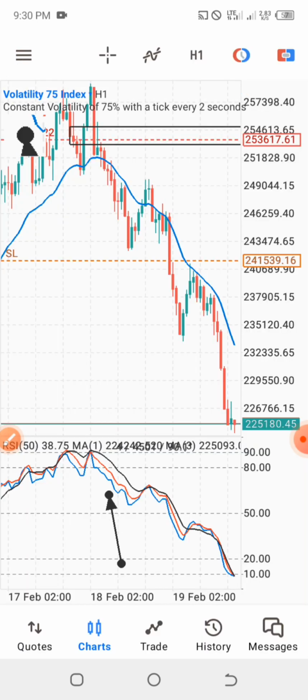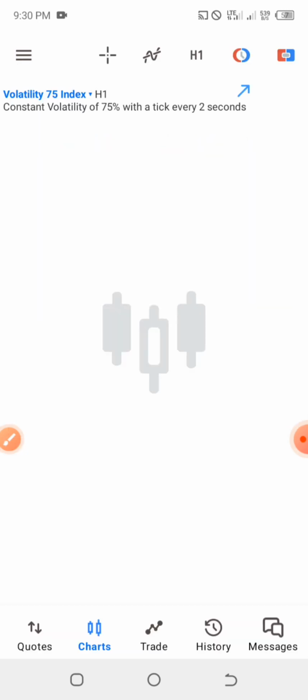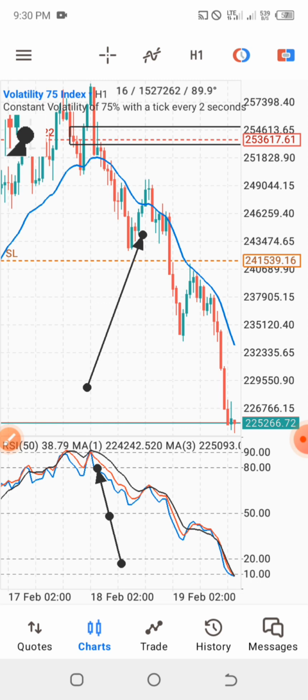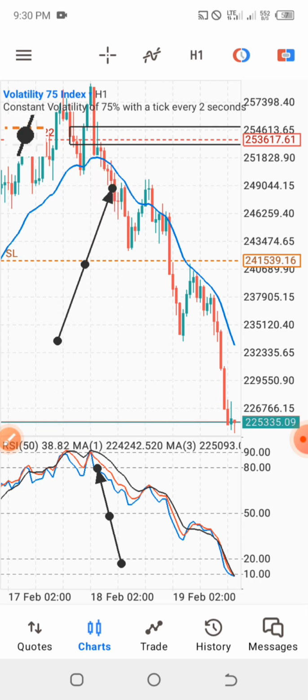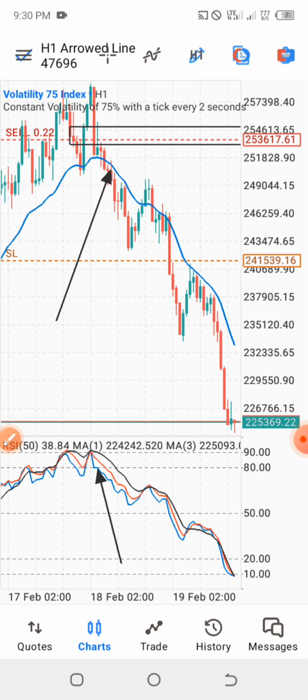Now the first thing we want to look out for is these touches, where the price and the moving average touch the RSI at the 90 levels, and we want to go for a sell. Then we want to see the price going below the moving average, which means the moving average needs to go above it. When you see that, the next thing we want to look out for is whenever the price touches the moving average line right here, then we want to look out for a sell, and we figure out our confirmation in our indicator window.